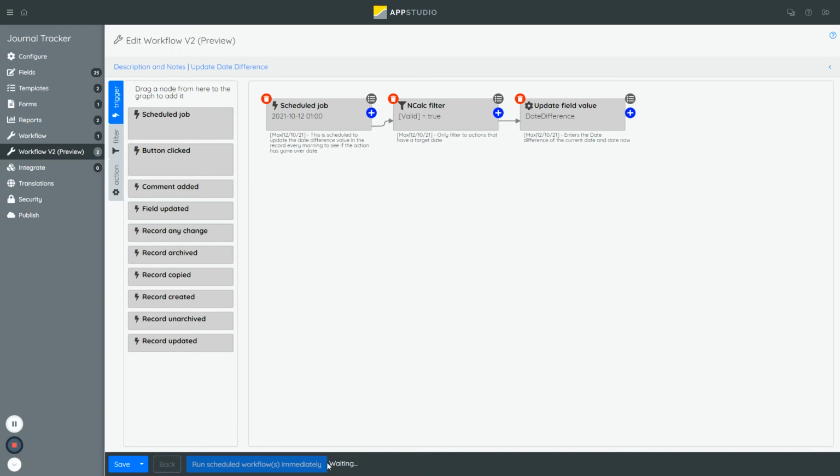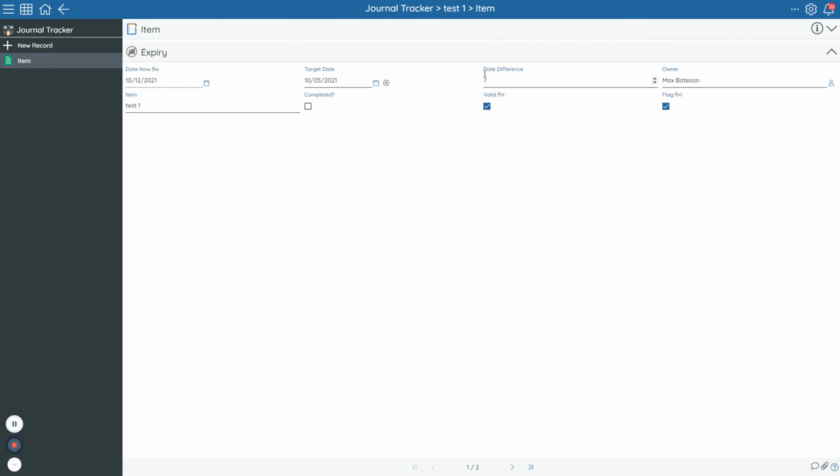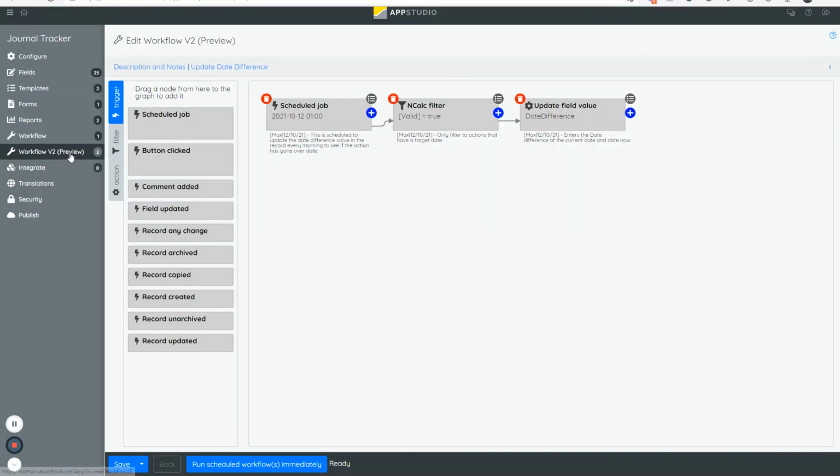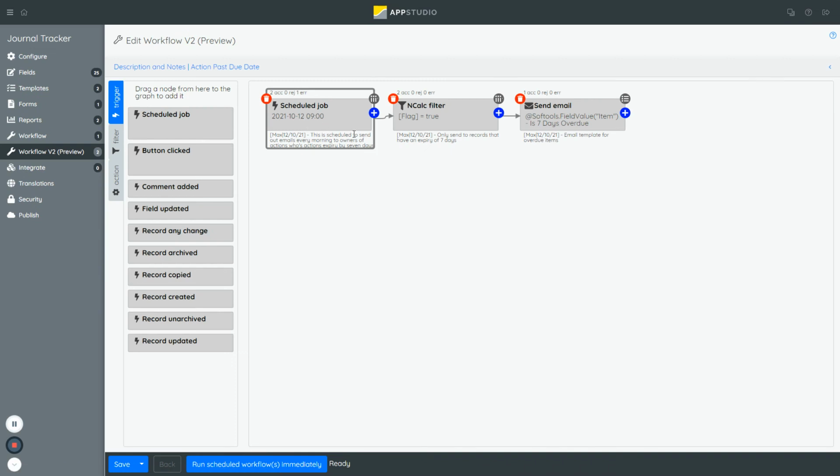This may take a few minutes, and while we wait for that, you can probably check through some other things. But for now, there we go. Now it's ready. If I go back to this record, you see it's updated the date difference field for me, and it's given me a date difference of 7 days, and therefore now this has been flagged. So this is now 1 a.m. and this record's been flagged. So when we go to the next workflow at 9 a.m., we can then see the flagged record will be passed through into this workflow. So if we run this workflow as well,